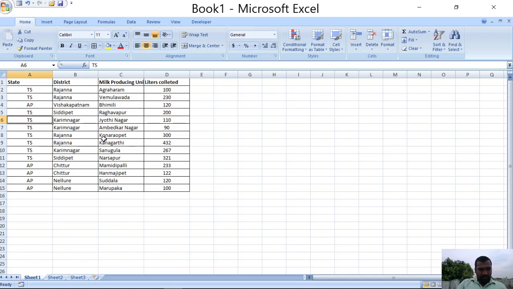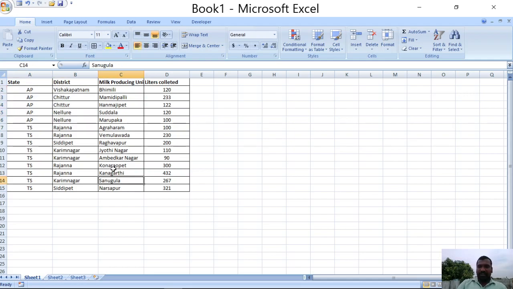Now I am choosing one of the cells and clicking on sort and filter, and now I am choosing sort A to Z. So what happened? All the data of AP state is displayed first, then TS state. Now within AP, observe here Vishaka, Chittur, Nellore.